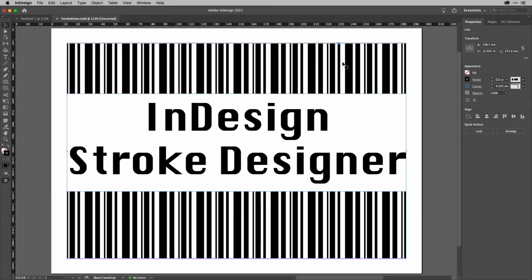Did you know that InDesign has a stroke designer hidden away in the interface that gives you loads of creative possibilities? If you want to find out more about that, you're in the right place, here in the Work Smarter Not Harder dojo